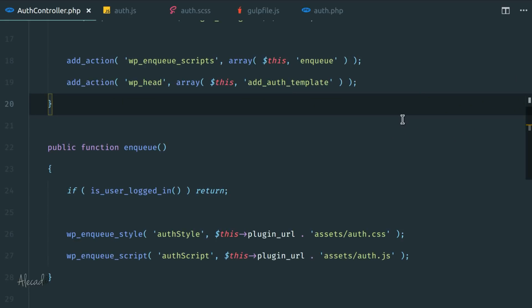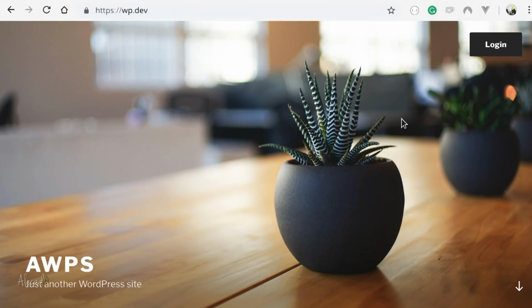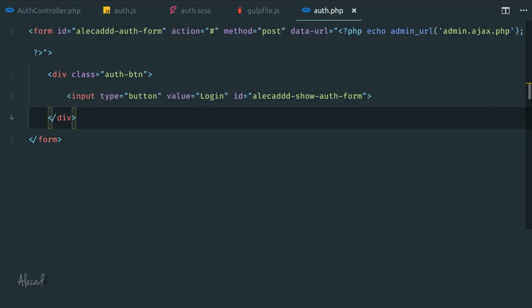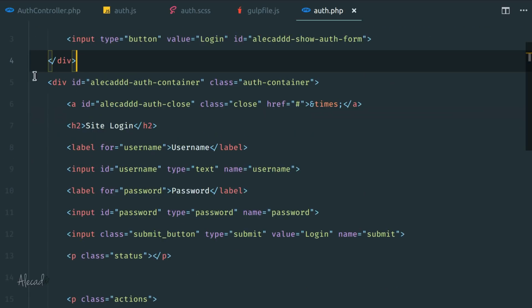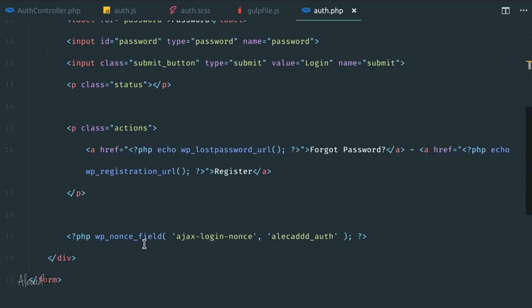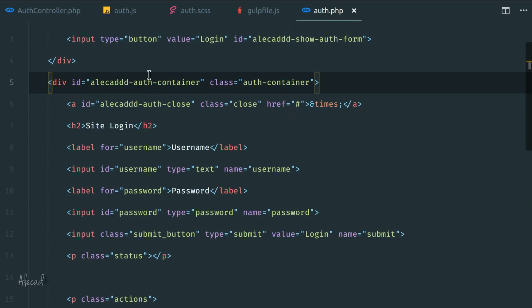Let's style the actual form and let's use JavaScript to create a little bit of transition. So when the user clicks the button, the form appears and the button disappears. So let's access the auth.php and let's actually generate the form. Because I didn't want to spend too much time writing HTML, I just copy pasted my form code. No worries, this code is available in the GitHub repository. You can find the link in the description below. Just copy the auth.php code and paste it here, or if you want to pause this video and copy the